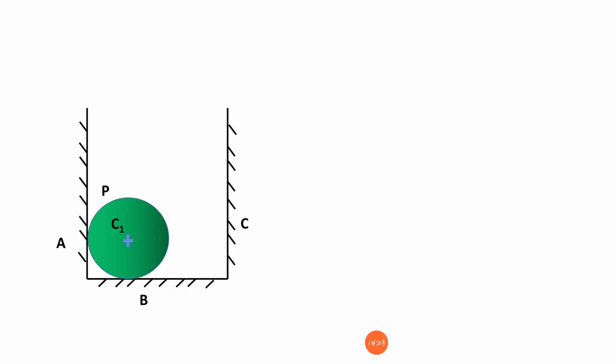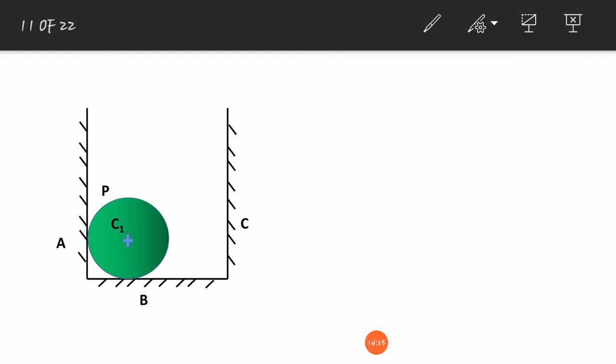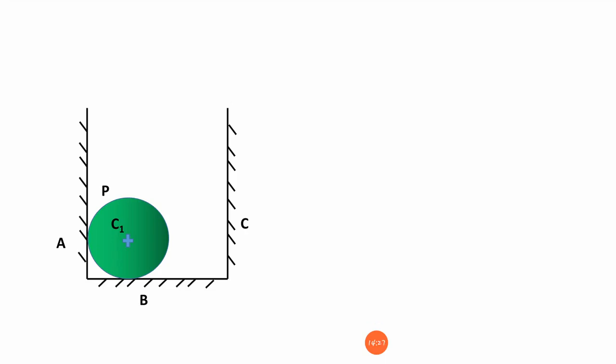And similarly the ball Q is going to be kept in the cylinder. That is going to be Q, it has the center, and you can see the ball P is going to be having contact with the wall at A and the wall at B, and similarly Q is going to be in contact with the sphere P and the wall C. So what will happen in this case? The contact between P and Q is going to be called D.